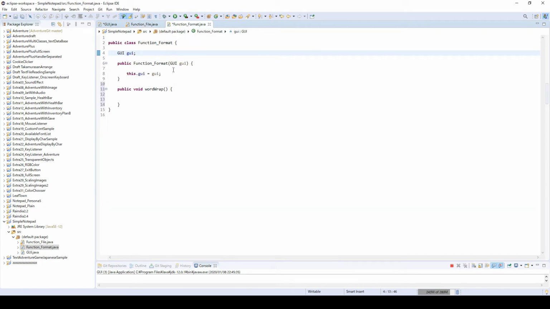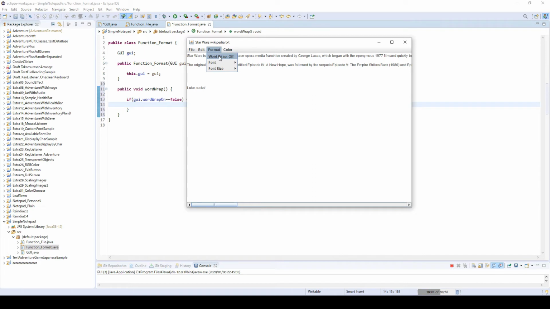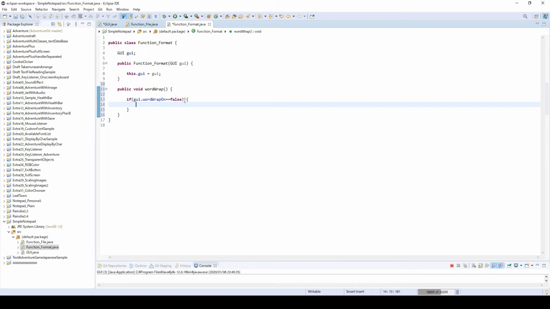And let's go back to this function format, and we're going to use this boolean here and make this if statement. So if GUI dot word wrap on equals false. So we're going to call this method when you click this item. So if word wrap is off, and if you click this, we want to turn it on. So first, let's make this true, and also